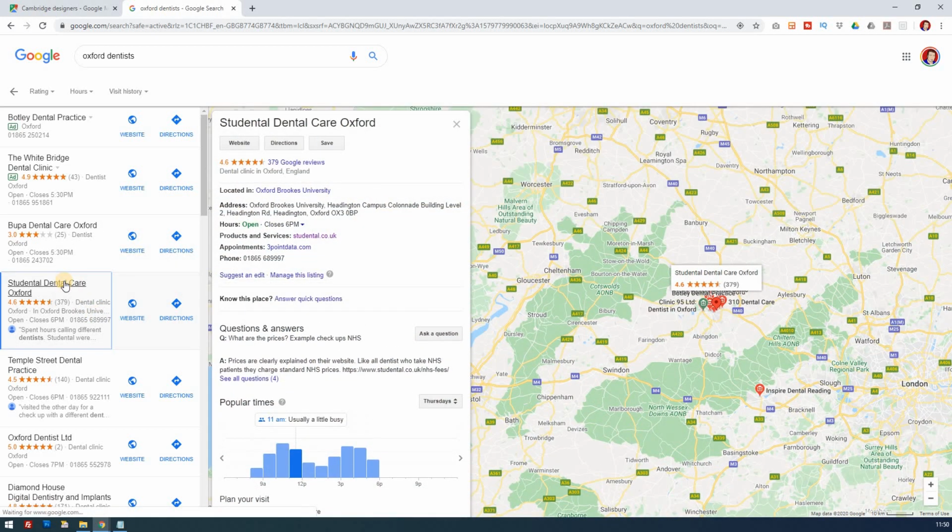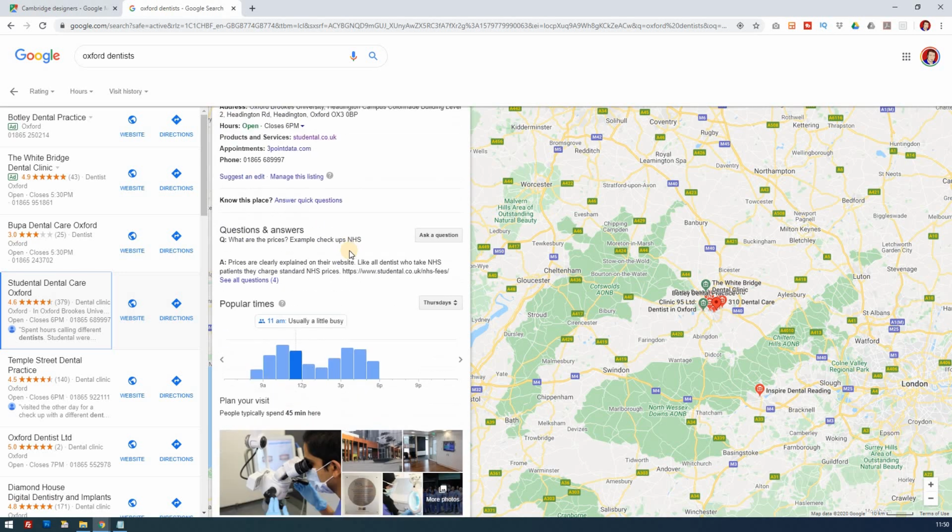That's that. Okay, so what can we see here? So you can suggest an edit. Anyone can do that. So it's worth bearing in mind that people do sometimes come along and change things. It doesn't necessarily mean it goes live, because it then needs to be approved by Google. But this looks like it's pretty much set out. It's got most of the details. They've really given quite a lot of detail to the opening hours, the address and so on. They've got their own website and so on. So that's looking pretty good.